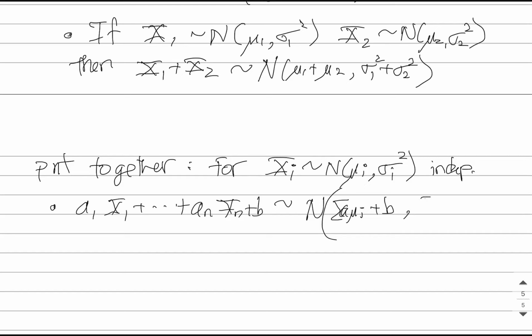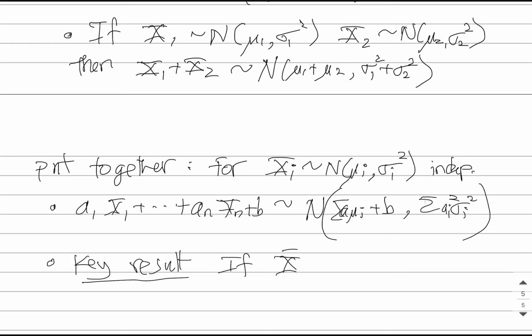And you'll also have the sum of all of these a_i squared sigma_i squared. Now, you don't have to memorize that. That's somewhat intuitive and you can look up. But the key result, the one that we are really interested in most, is if you now take the average